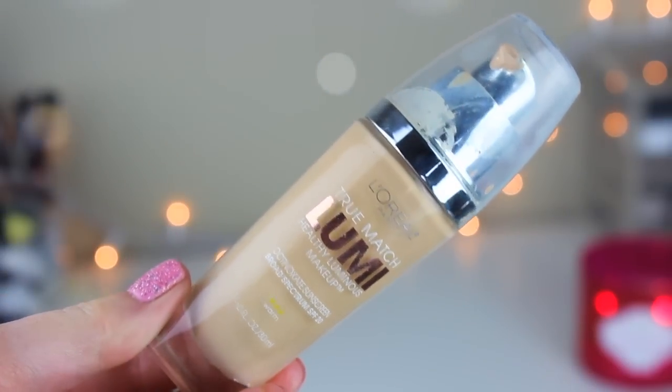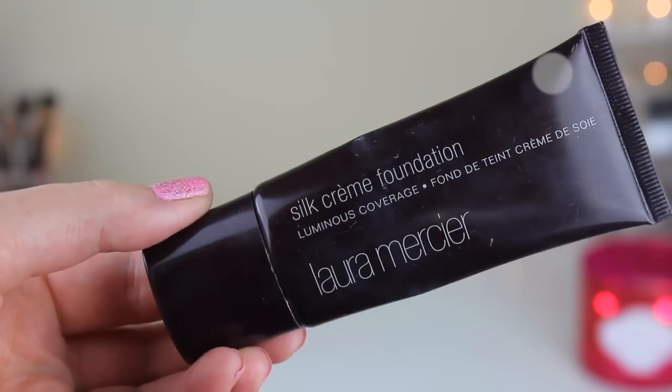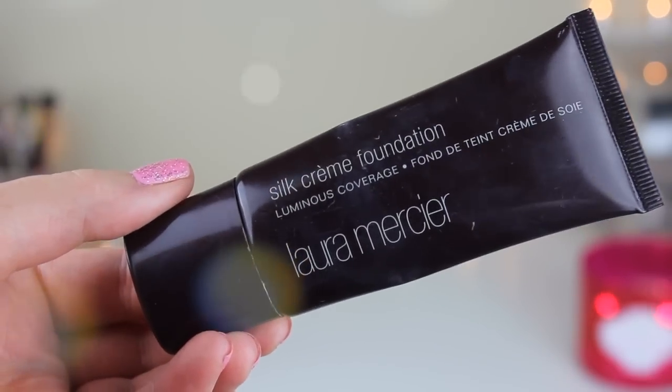Okay, now for foundation, I kind of wanted to go with a light full coverage, so that's not full coverage, but a flawless looking dewy base. So what I'm going to be doing is I'm taking my L'Oreal True Match Lumi. This is in the shade W2 Porcelain Light Ivory. That's a lot of words, but that's what it is. And I'm going to be mixing it with my Laura Mercier Silk Cream Foundation in the color Rose Ivory, which